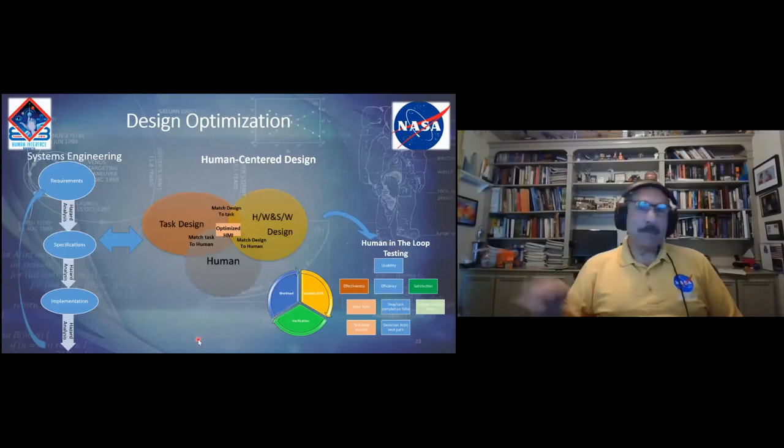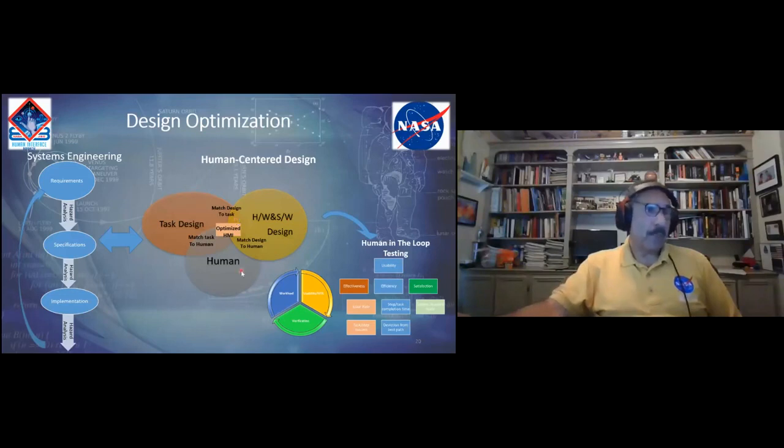And then design optimization. I'll just briefly go over it. This is a repeated systems engineering process: requirements, specifications, implementation. You're doing hazard analysis along the way, trying to get rid of any hazards that have been identified. This is part of the human systems integration process, or human-centered design. You're constantly iterating in terms of factoring the human element into the design of the system. And as part of the human-centered design, you're doing